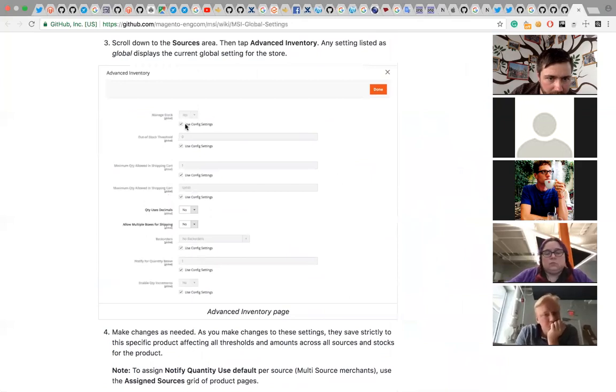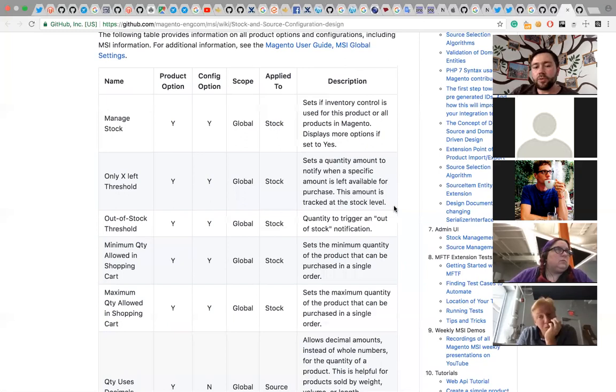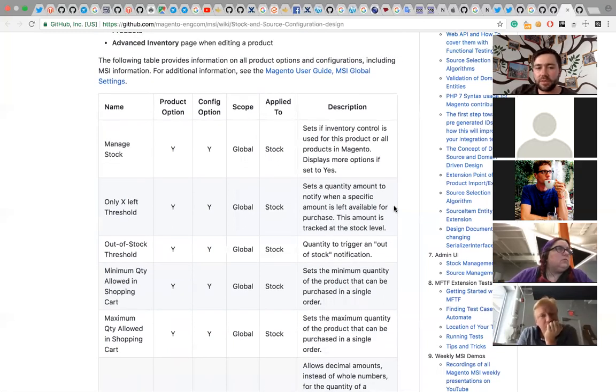Oh no, that's just it. So we are going to introduce, along with global scope, the stock level configuration for some of these configuration options, and probably this additional level of configuration, like a stock configuration. Did you say store level configuration? Stock. So global, stock, and